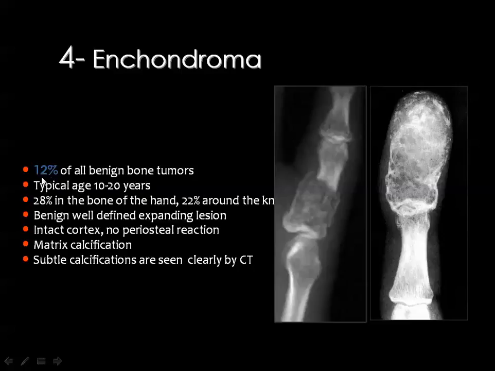It represents about 12% of the benign tumors, and this is the age incidence. Then this lesion is very commonly seen in the short bones of the hands and feet, and it is an expanding lesion. You should remember that any